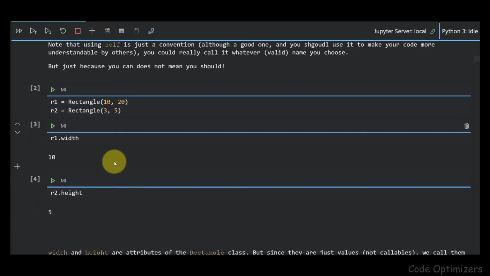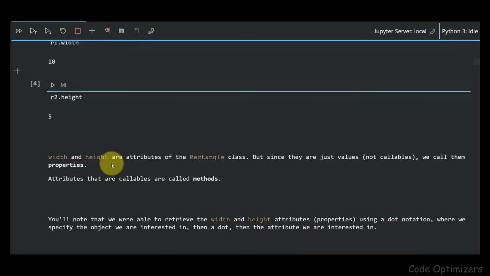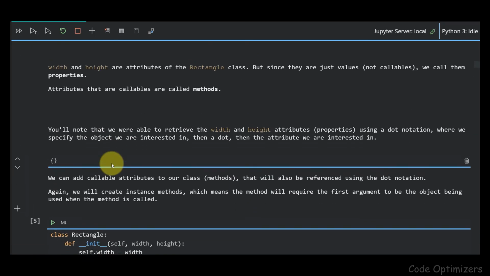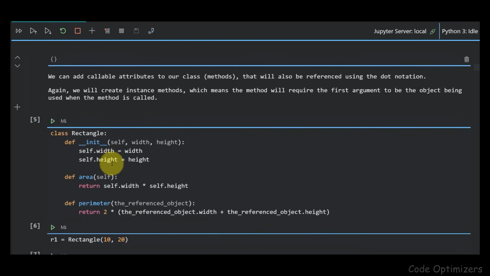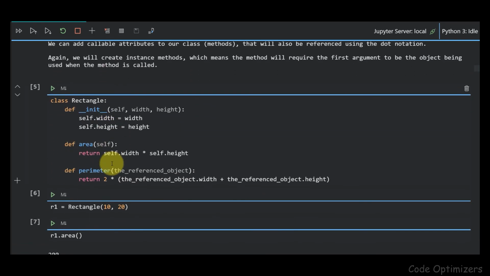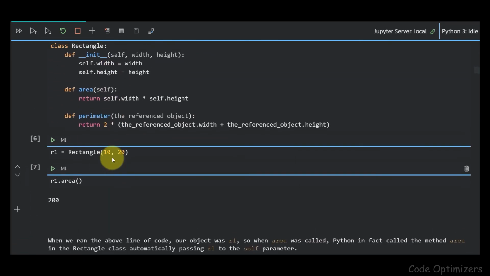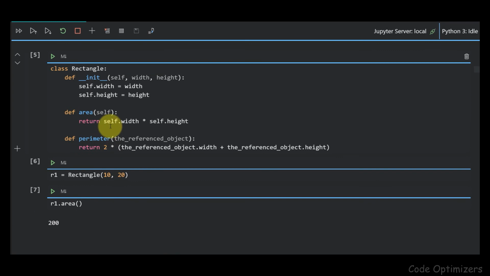Attributes that are callable are called methods. We will now add callable attributes to our class. Here we create area and perimeter as callables. In area we pass an object and we multiply the width and height of the object passed.